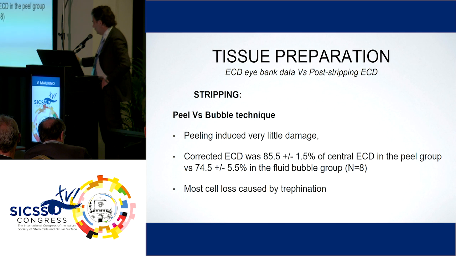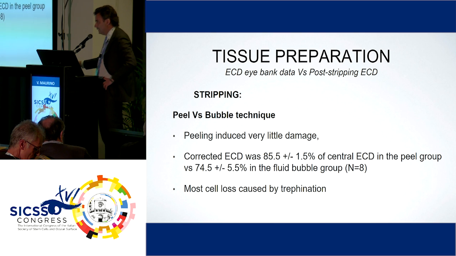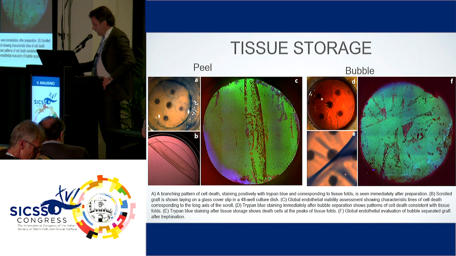And then what is also very important is the tissue that has been stripped by the eye bank, where 10-12% of total endothelial cells are lost, and this loss is higher if you compare peeling versus the bubble technique. And here we may see more images